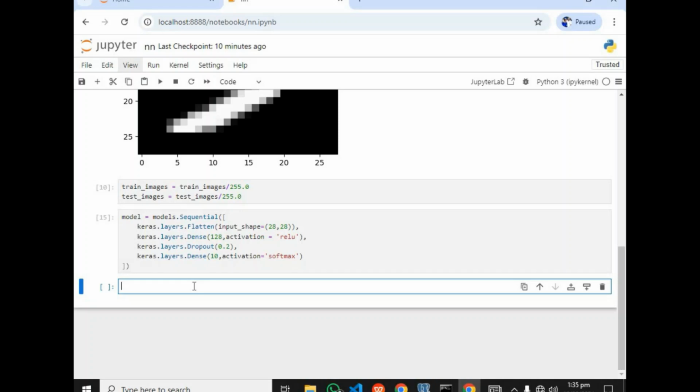Alright, so the next thing we need to do now is to compile our model. Say model dot compile. Alright, so we are going to use an optimizer. We're going to use Adam, and our loss function is going to be sparse